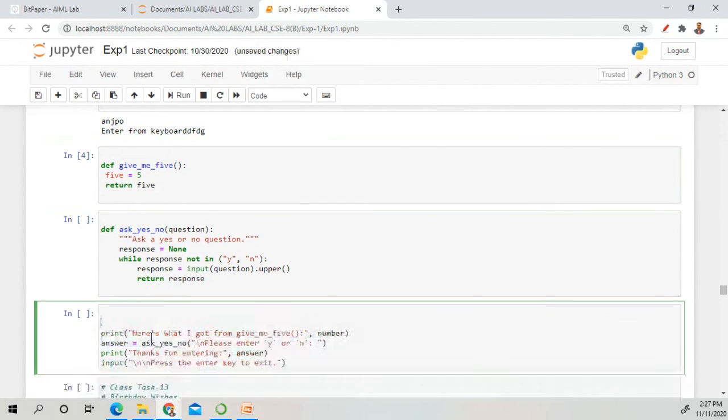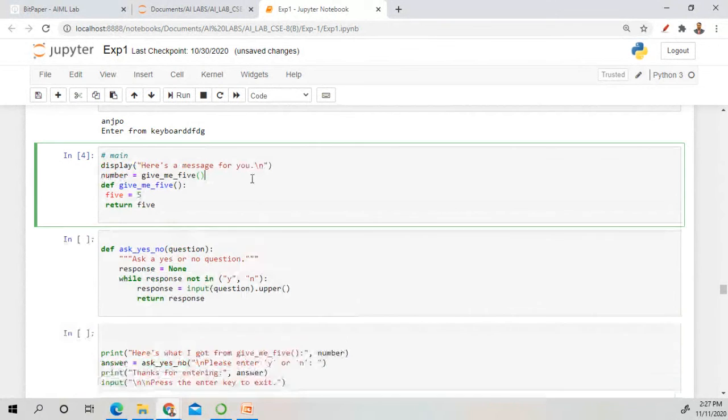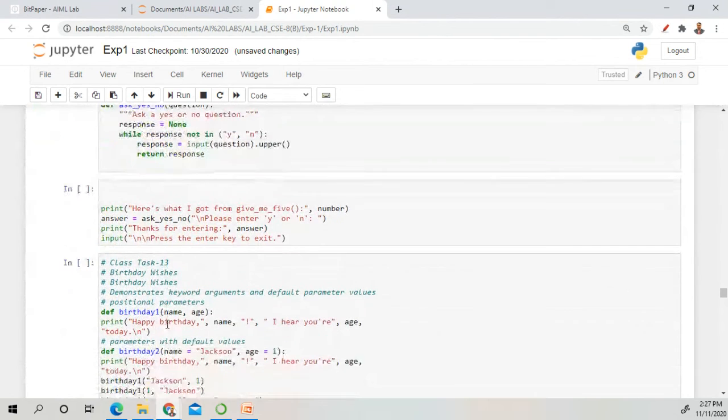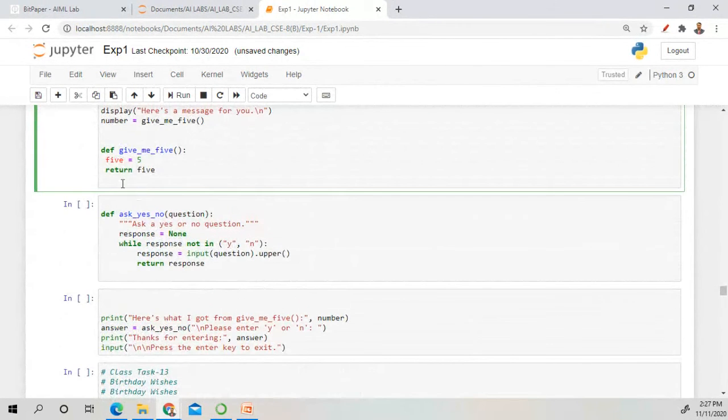Yes. So this is the main program for calling the function. We have defined a function right here, and how to call this function? We have to use this give me 5 function and give the value right here, number. Okay, so number is given inside this function as a 5, and it will return the value 5. Okay, so how to display the number 5? So here you can see this 5 is going to be printed.